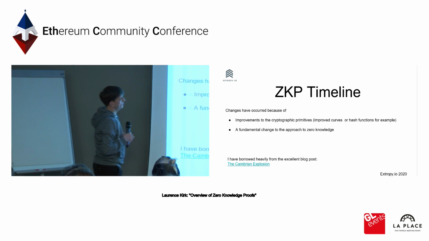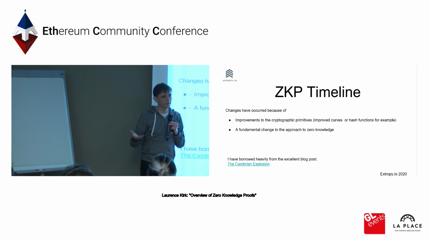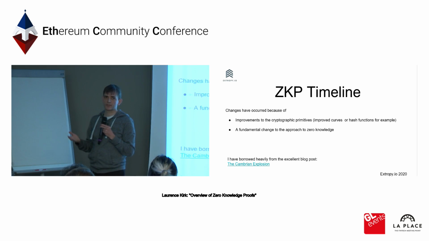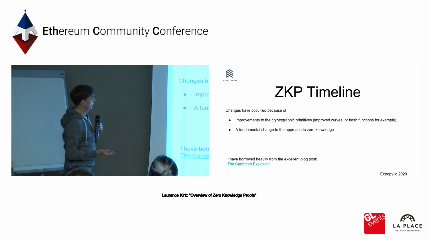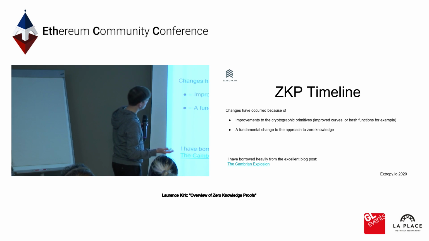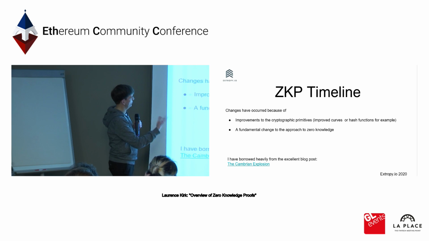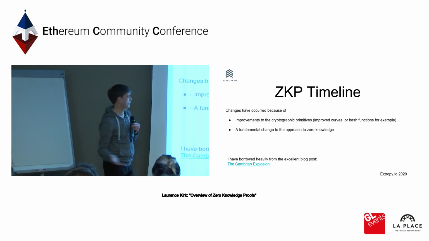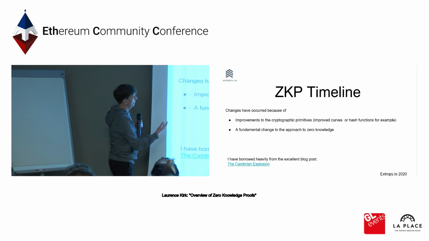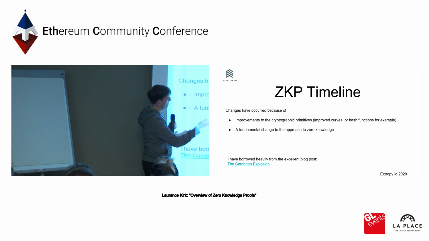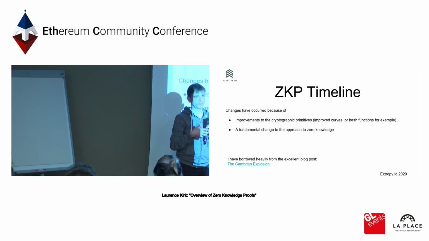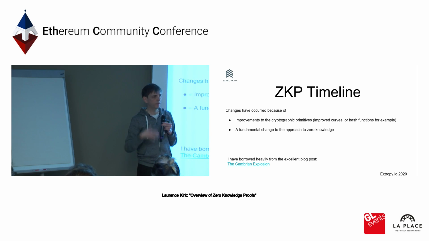Okay, so zero-knowledge proofs have become very popular, particularly since blockchains became popular, but they have been around for a long, long time. And their history, I think, has been shaped by a couple of improvements or changes, in that there have been improvements to the cryptographic primitives, and people have done research on better curves and better hash functions, etc. And this has really pushed the